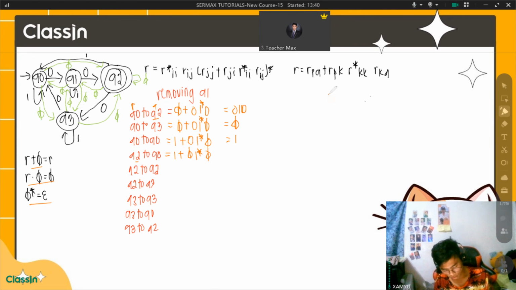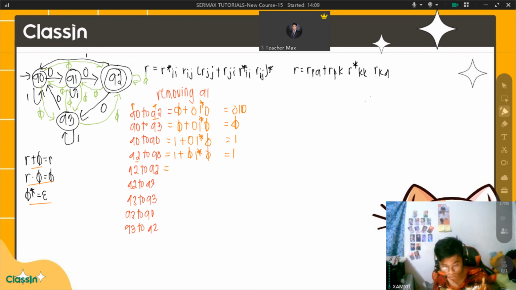So therefore 1 plus null, 1 star of null, so therefore it will be multiplied. So 1 plus null and null, then null and null, it will become 1 plus null, then 1 plus null, it will still be 1. Okay, so that's really basic. Okay, then next